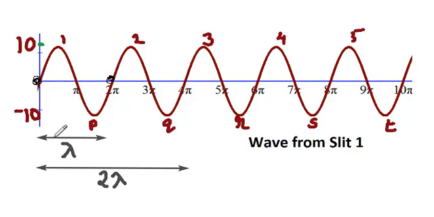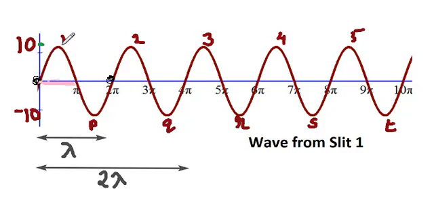And this one cycle can be represented as one wavelength. It can also be represented by an angle of 2 pi. So this length is what we call one wavelength, and that is also equal to a 2 pi angle. So half a wavelength will be this thing. This is lambda by 2, and that is equivalent to an angle of pi.